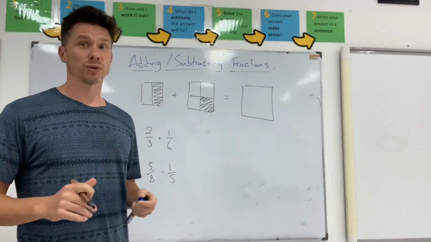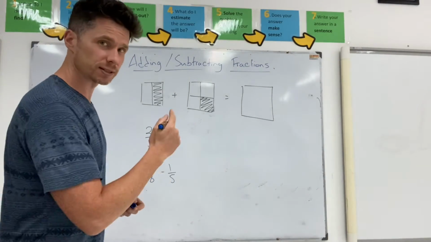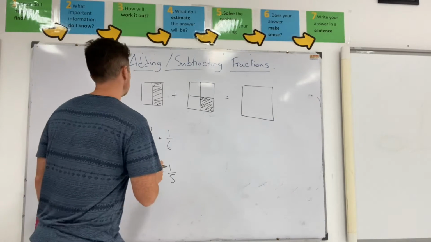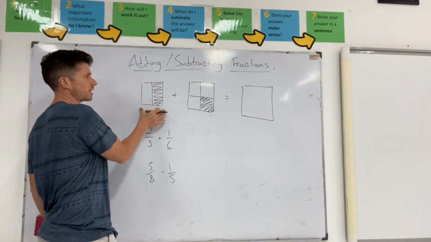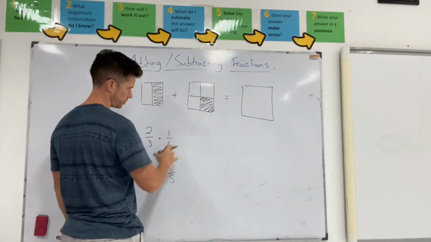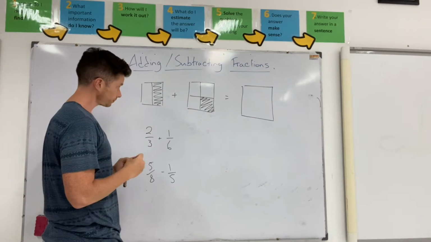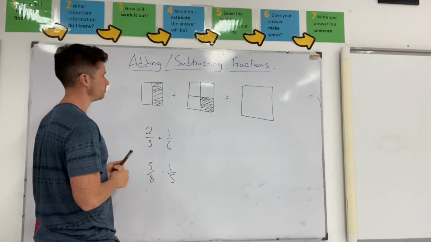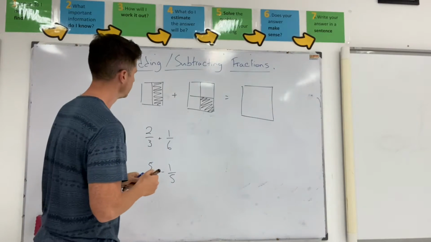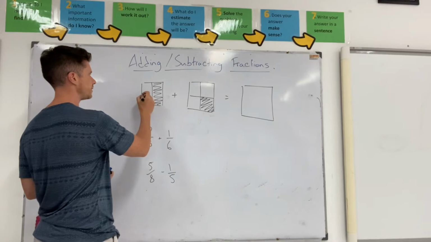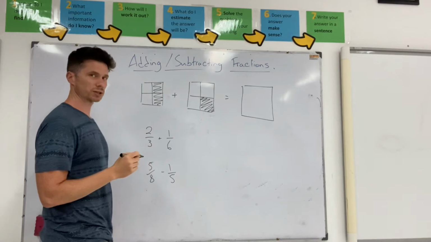Okay, so welcome to adding and subtracting fractions. Let's take a look at the board. So if I wanted to add this half of a square to a quarter of a square, what answer would I get? Well, what I could do is just use logic and say, well, this half a square is actually